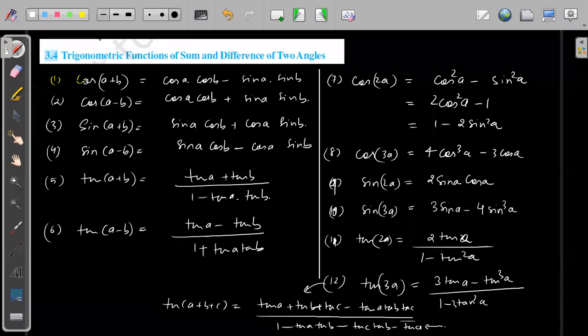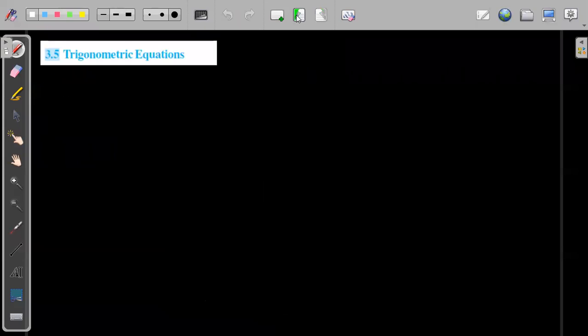So this page, I hope all the formulas are easy and everybody remembers. Yes. Cot a plus b, you can write using the tan formula. So there is no point of writing specially for cot. You can write for cot using the tan one. There is not much difference. Okay, I hope everybody remembers these ones.